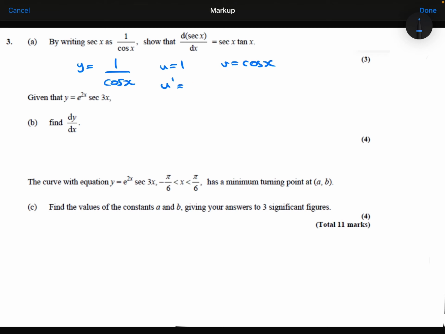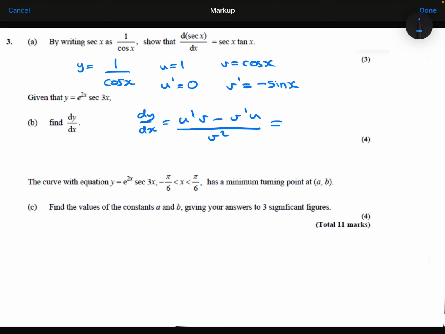So therefore u dash would be 0, v dash is minus sine, remembering that the quotient rule is u dash v minus v dash u over v squared,